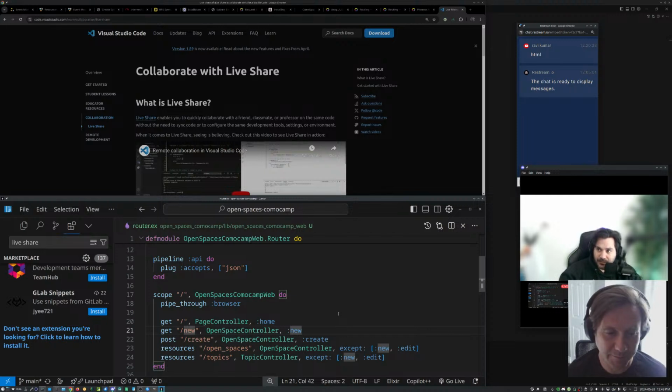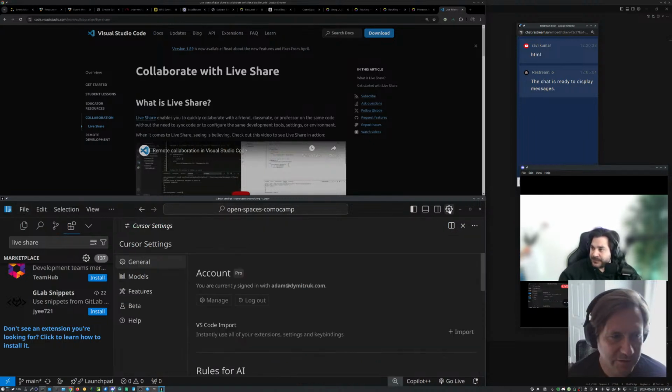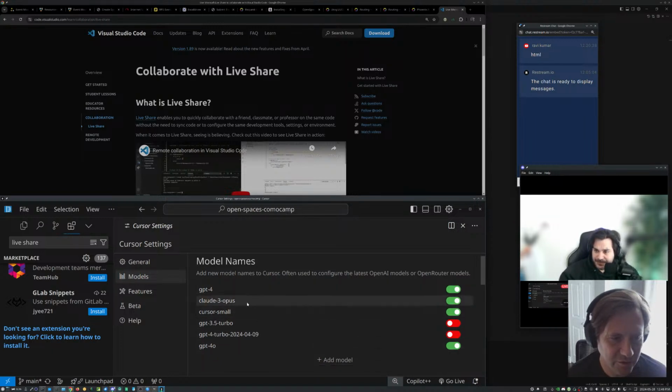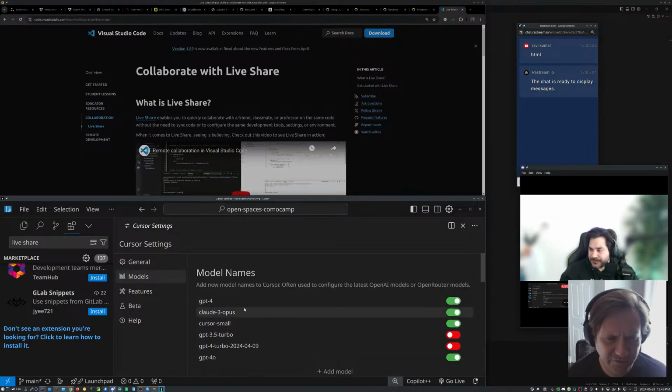What is the tool you're using for that? Cursor AI. Is it free? There is a free version, I think, but I use the $20 one, which gives me all the things that I want.